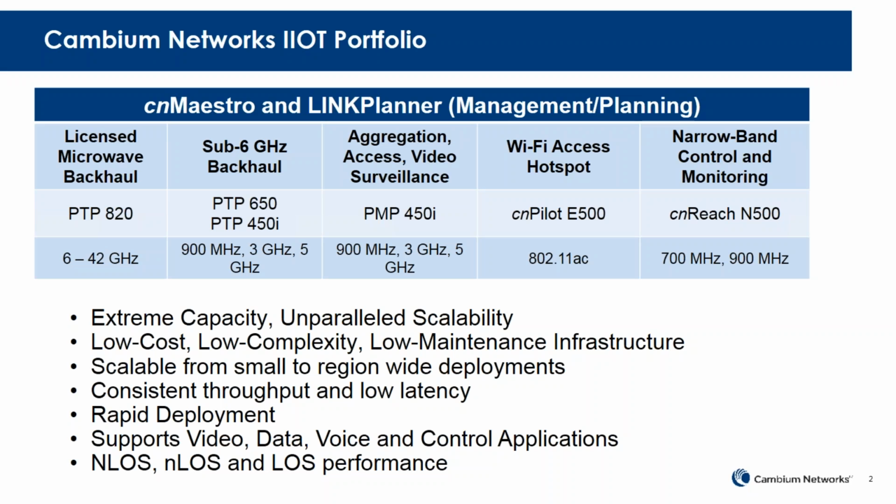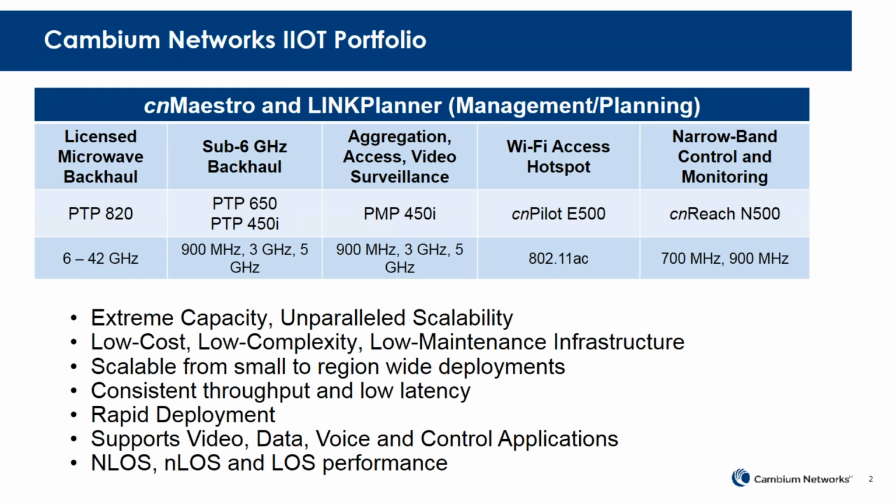In the industrial space, we talk about PTP820 as a licensed microwave solution. We have in the sub-6 gigahertz for backhaul and spurs, point-to-point links. We have our PTP650 and PTP450i. Now the 820 and the 650 will have cnMaestro capability added later this year. But what is available today in cnMaestro is our PTP450i and our PMP450i platform that is used for video surveillance,